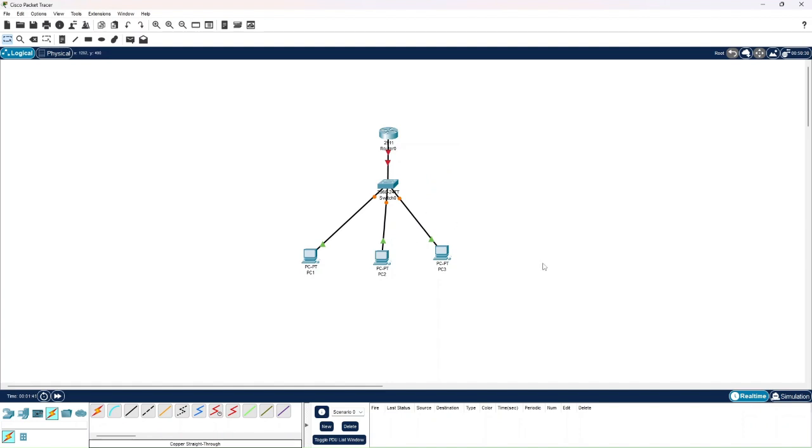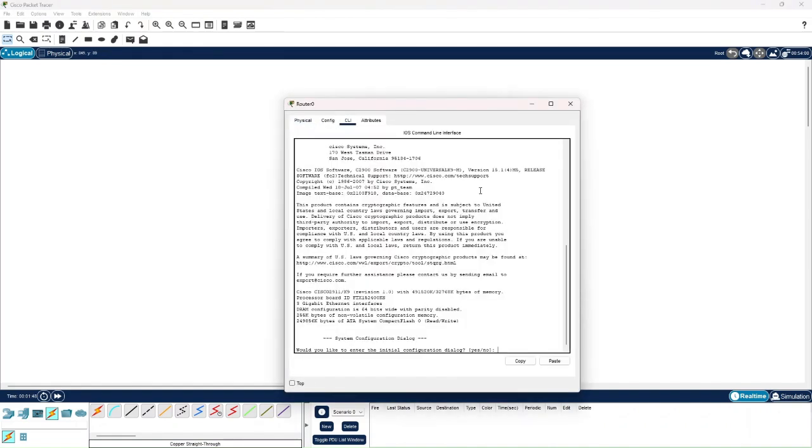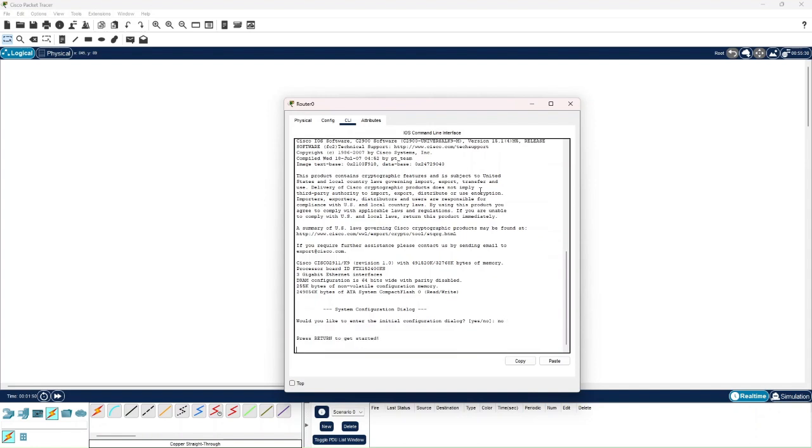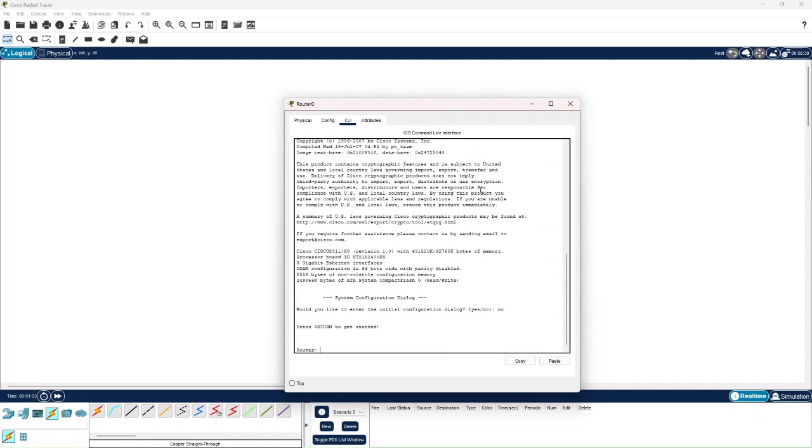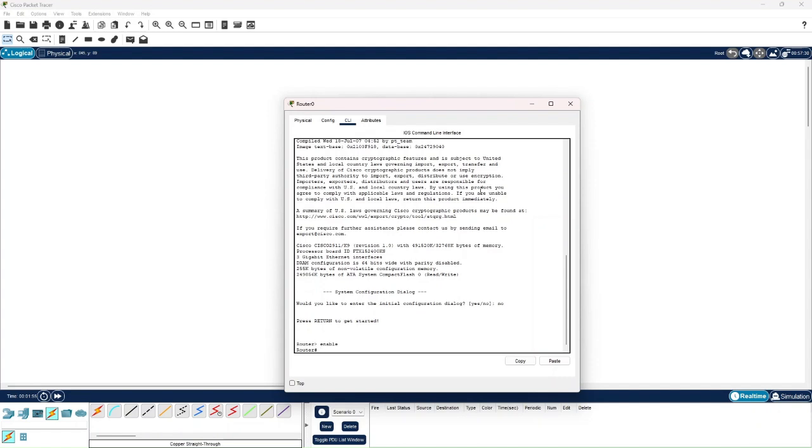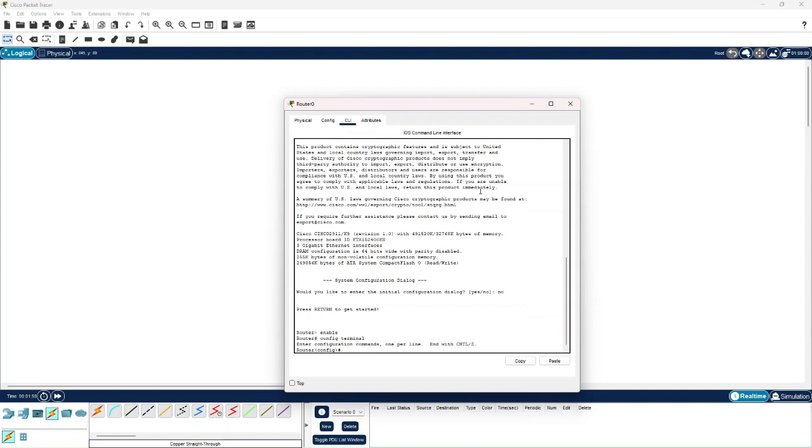Okay, and now once we've done all of that, we're going to go to the router's command line interface, select no, enable, and head over to the configuration terminal. There we go. Now we're able to set up some interfaces. We'll start off with the FastEthernet. Actually, interface gig 0/0,